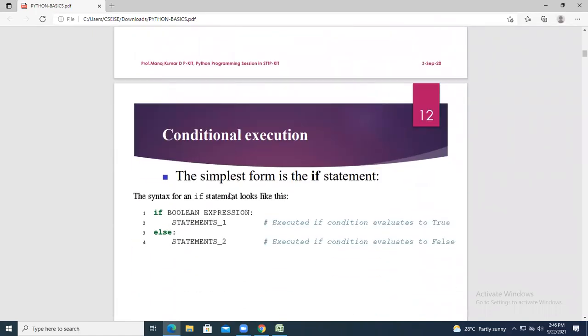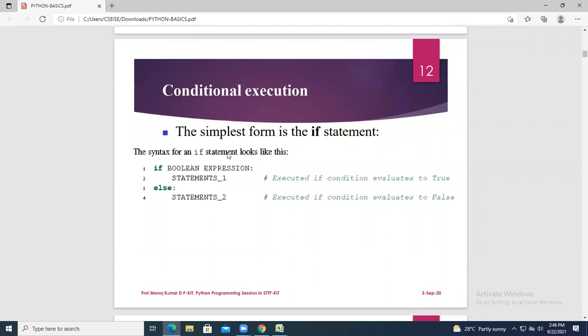So this is the simple example. The simplest form is the if statement. What is the syntax for the if statement? If expression: it can be a Boolean expression or a relational expression, but the result should be a Boolean value. Keep in your mind, whatever expression you give for the if, the result should be either condition true or condition false.